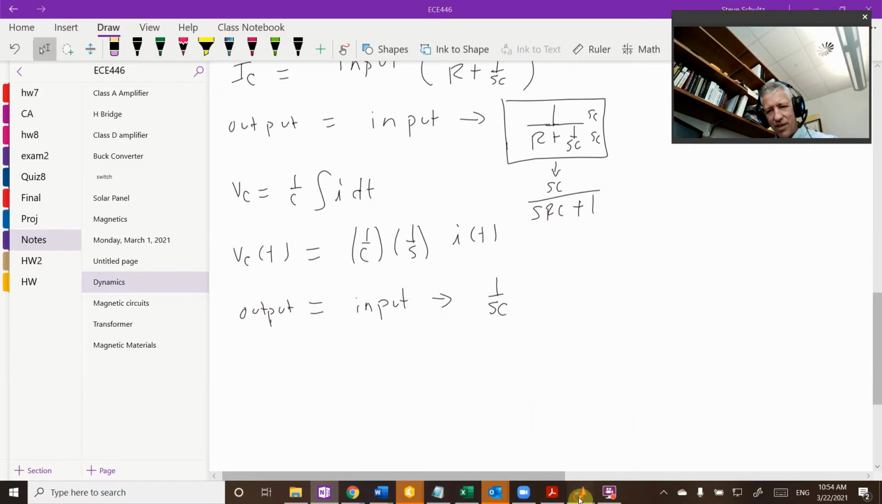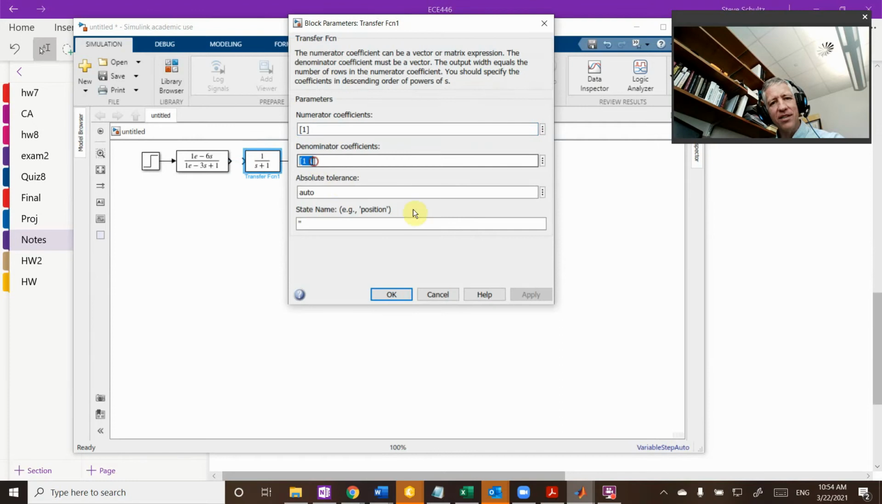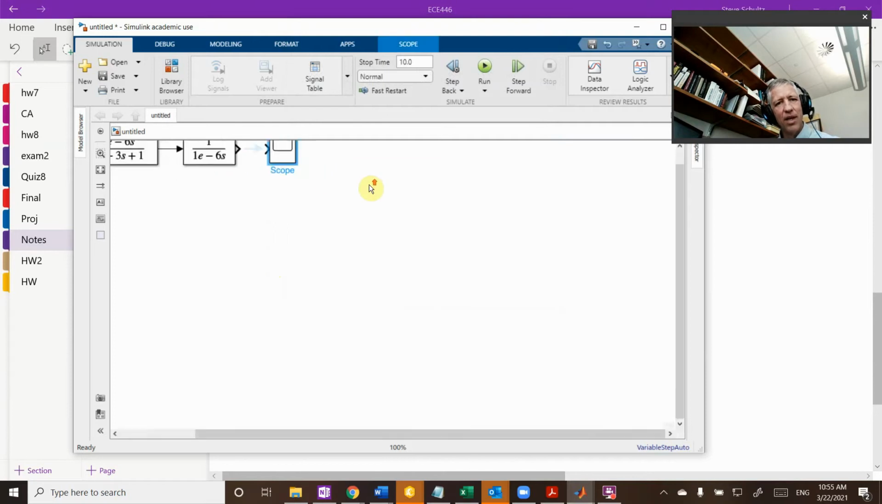So go back to Simulink. I'm going to do another transfer function. Throw it in here, and then I want a 1 over SC. So this is going to be 0. SC is going to be 1e to the minus 6. I hit apply, hit OK. And then in order to wire these, I grab this little thing and wire it over to there. Okay. Now for this,